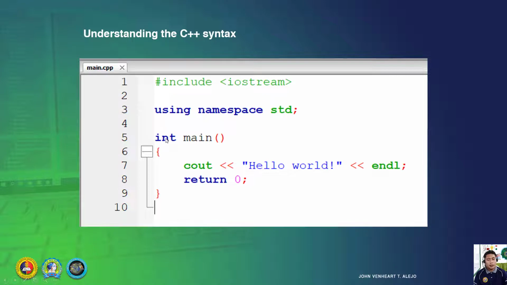If you put whatever data type here, it returns a type of data intended for that data type. So since in C++ the main function is always an integer, you have to return it with 0. Because if you don't return it, it will have an error.